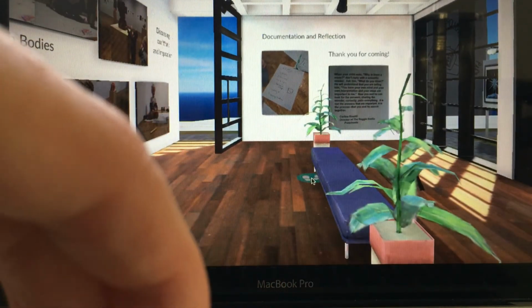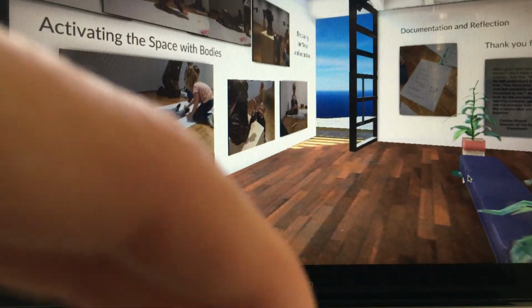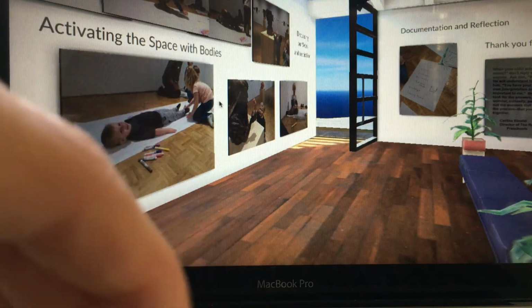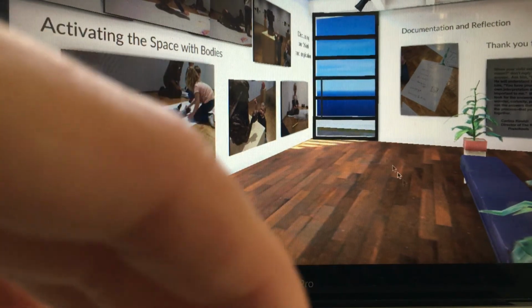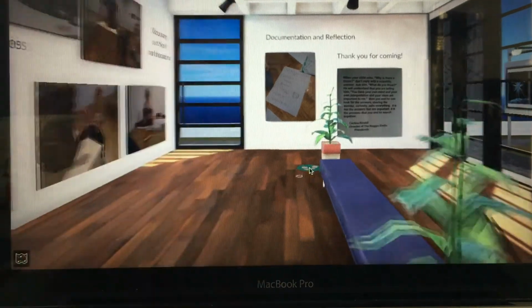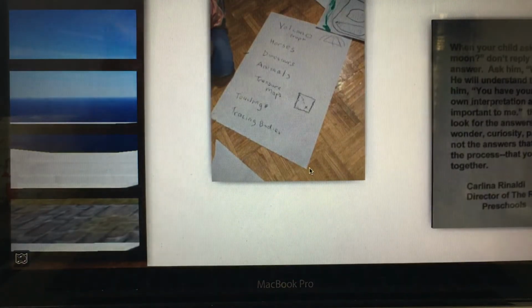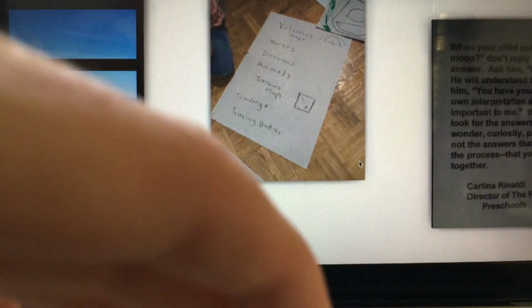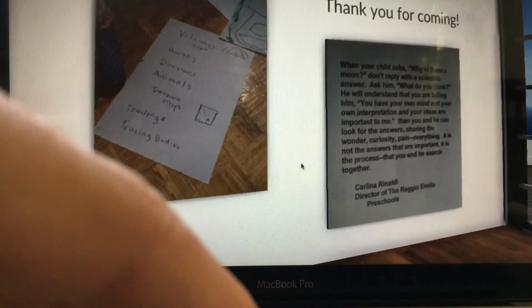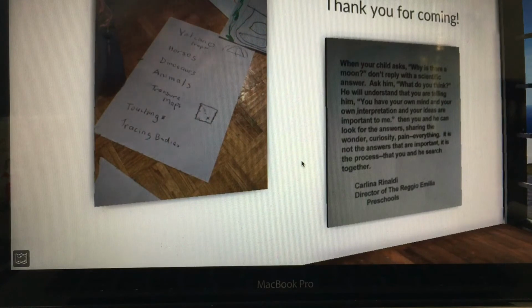Children were working with drawing themselves and their communities on these big pieces of paper. They're activating with their bodies, engaging with the material in all kinds of beautiful ways. And another really important element of Reggio is documentation and reflection. So we have that here too. I know this is stretching long, but I want to